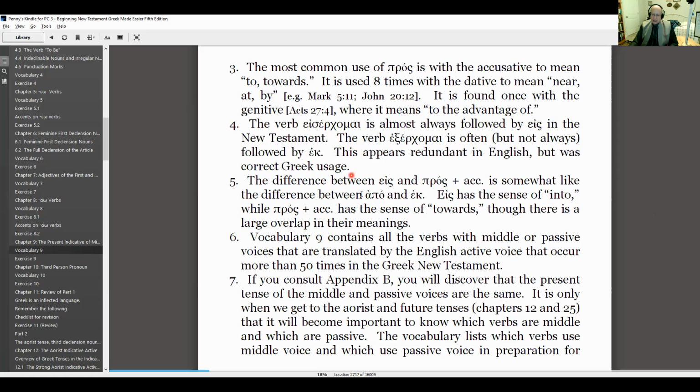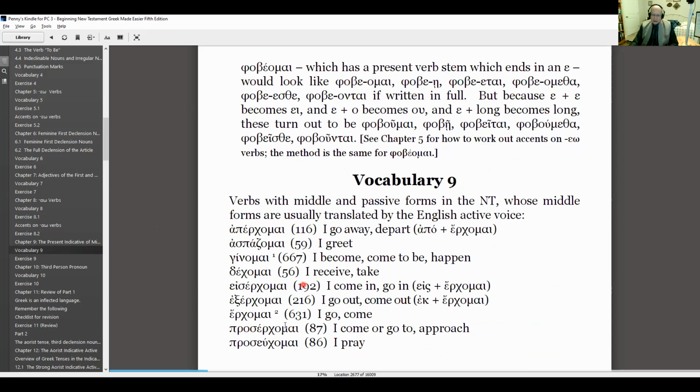Now, he has some notes here, and you need to read these on page 89 for the vocabulary. So make sure that you read these carefully, but also that you learn all of these vocabulary words in vocabulary 9. Learn these well. Now, we're going to call these deponent verbs. You remember the word deponent. I'm not going to say anything more really about it, except that these forms, which look middle or passive in the present tense, are translated in English with active voices, not